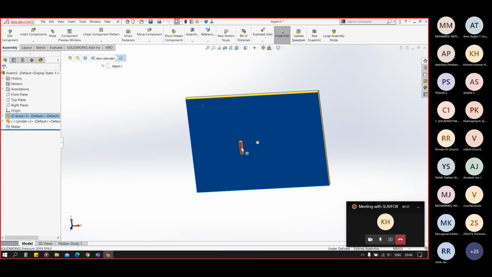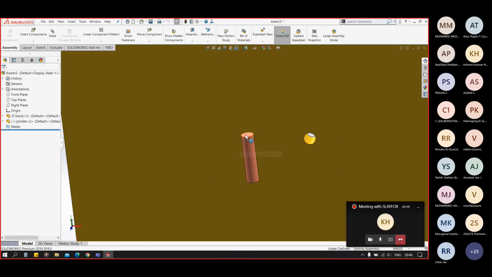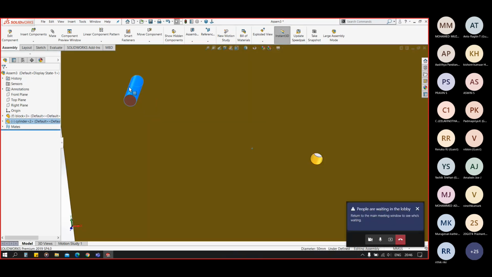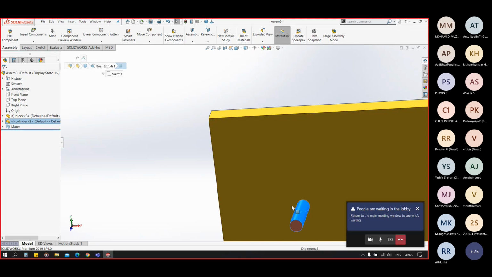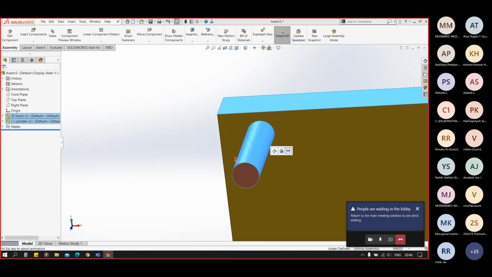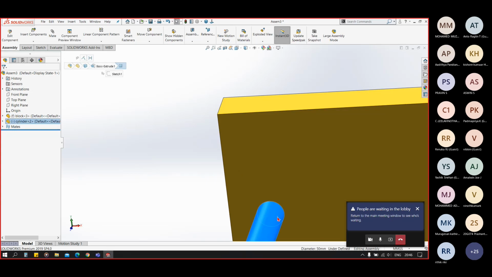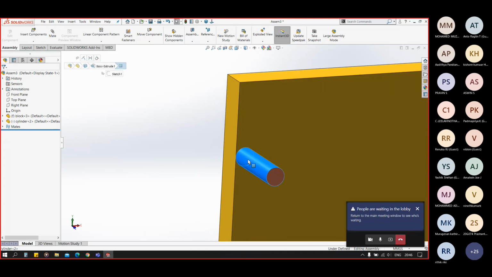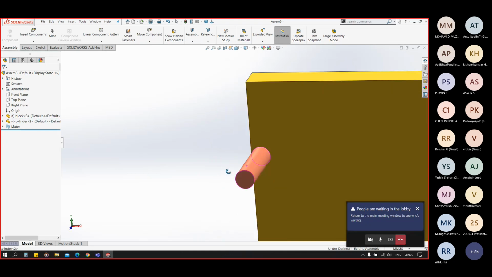Now I'll add a mate so that this copper block should be coincident on this. And also I'll add a distance mate to it.